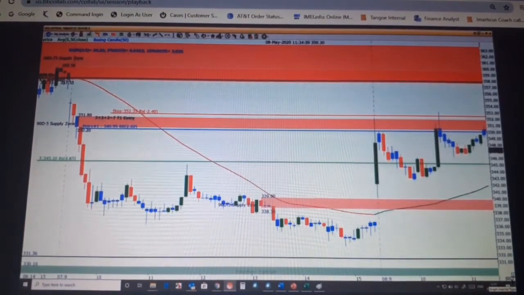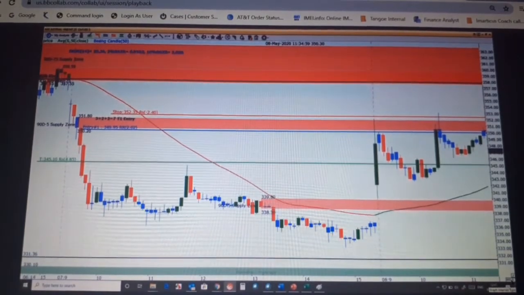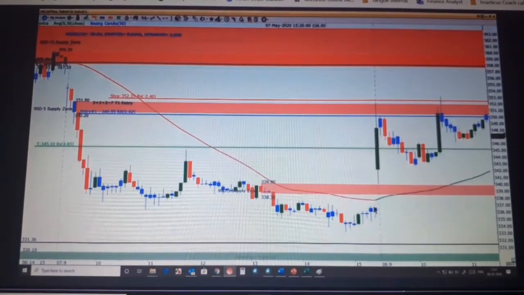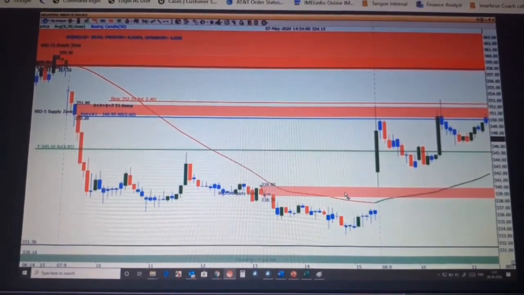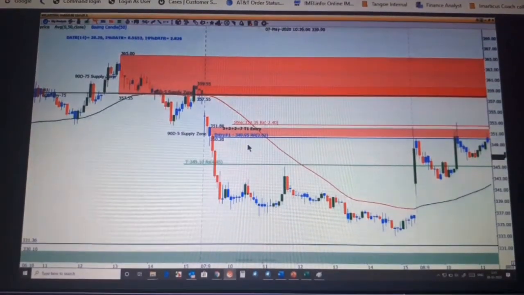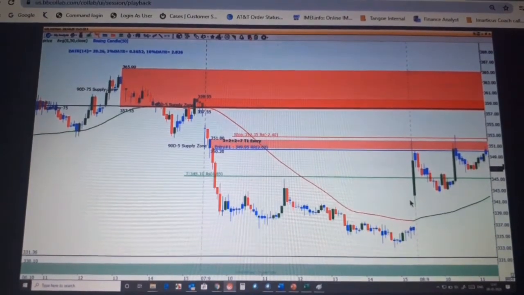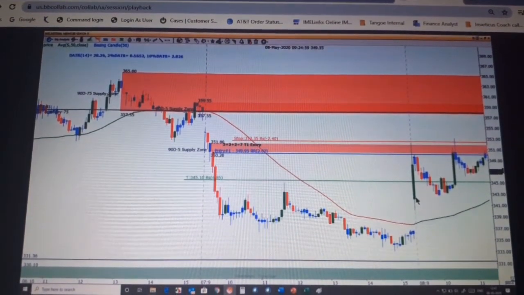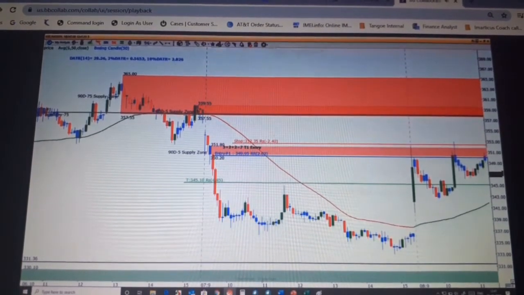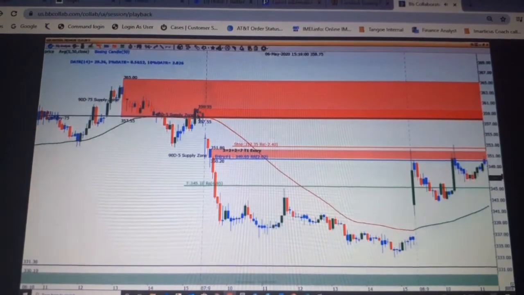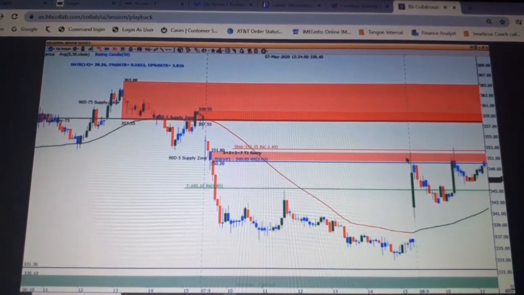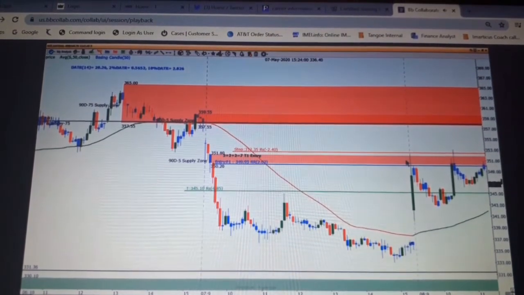We have to choose the supply zone from where we can get more entries or confirm entries. So see, this is where the price is closed. Let's take this as a speed breaker. You are coming with a car. Which is the first speed breaker you will encounter? Whether this or this? Ravinder, you need to confirm the trend when the price is coming into the zone. You have to do that.